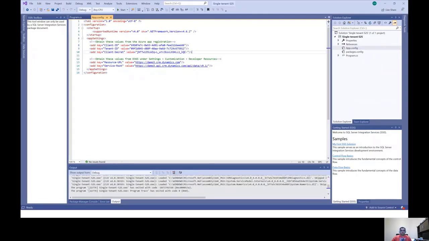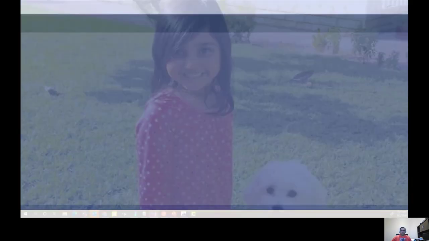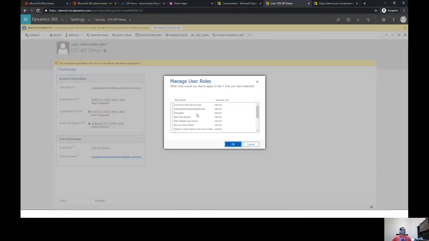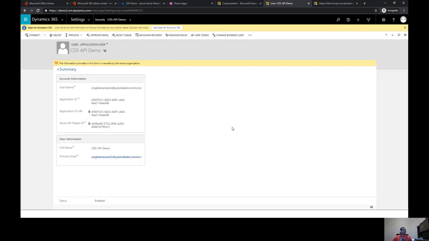In addition to that, once you have created the application account, you can go and specify a CDS security role. So you may want to create a custom security role and give fine-grained permissions around what the application account can do in CDS. So that way you have full control around what is possible and what is not possible. So with that, you have both the options to access your authentication, and it's pretty flexible.